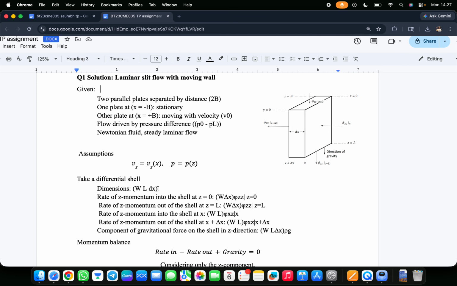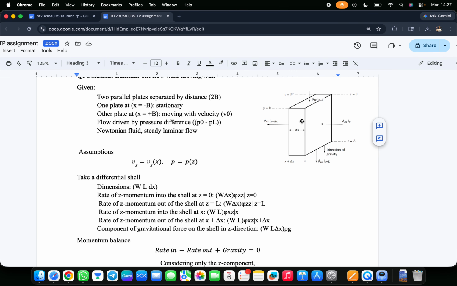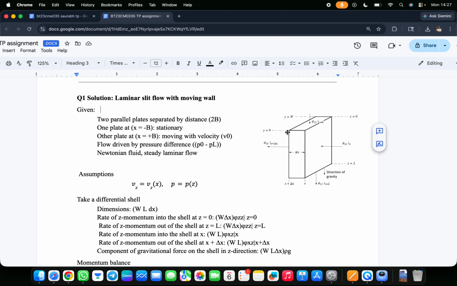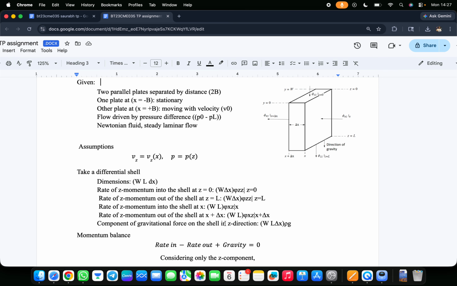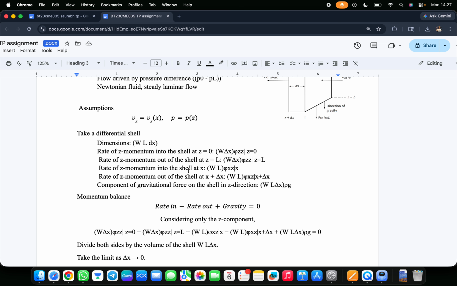Okay, so rate of z momentum into the cell at z equal to 0 is equal to the area perpendicular to z, that is W into delta x, times phi zz. The momentum that is coming in the z direction is phi zz at z equal to 0. Similarly, rate of z momentum out of the cell at z equal to L is W delta x, its area, times phi zz at z equal to L. And rate of z momentum into the cell at x is equal to